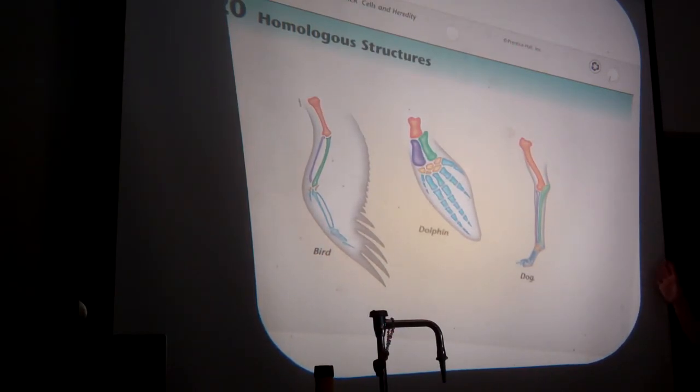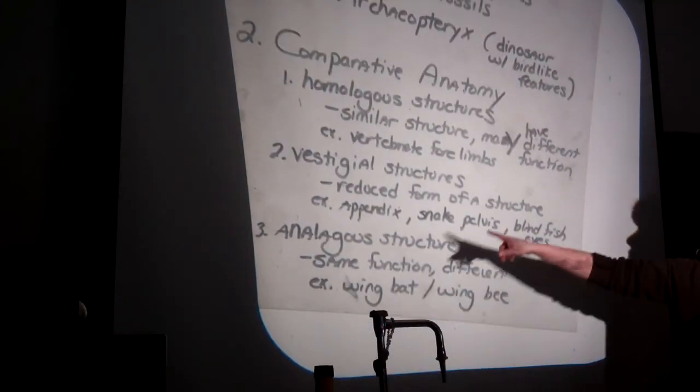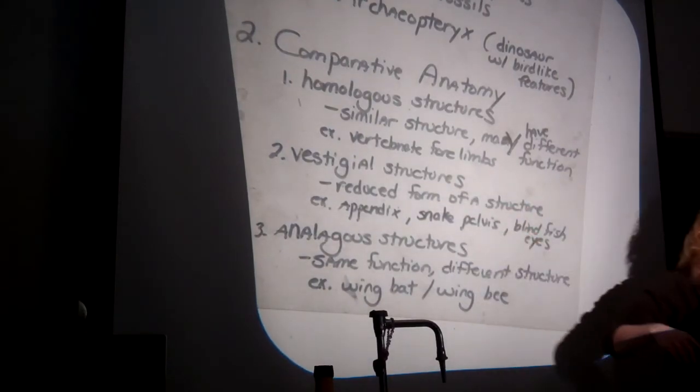This unites all these creatures. This says, well, you know what? They all started out with the same basic plan, and over time and through different environments, that plan's been modified a bit into different functions, like those wings, but with the same basic plan. That's what homologous structures are. So that's vertebrate forelimbs, the picture I just showed you.